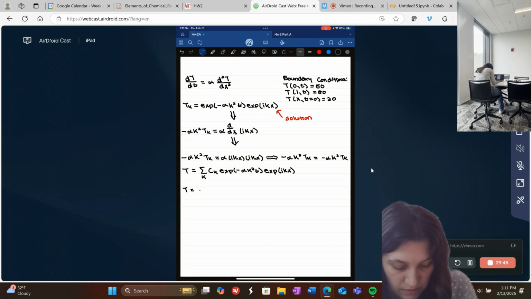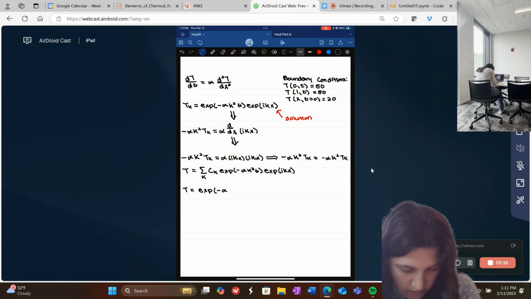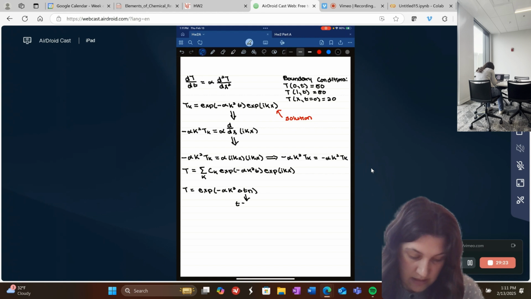So it's going to be T is equal to exp of negative alpha k squared t, say delta t n, because if you remember, we established at the beginning that t is equal to delta t n